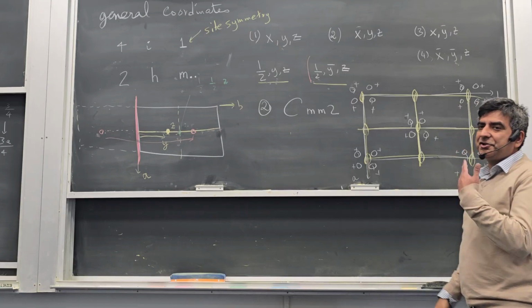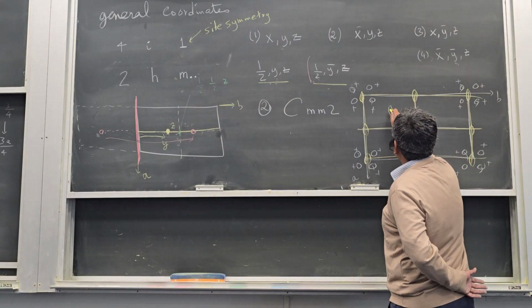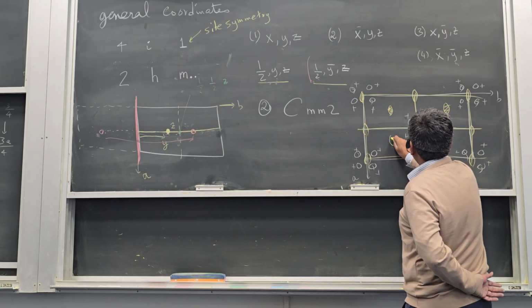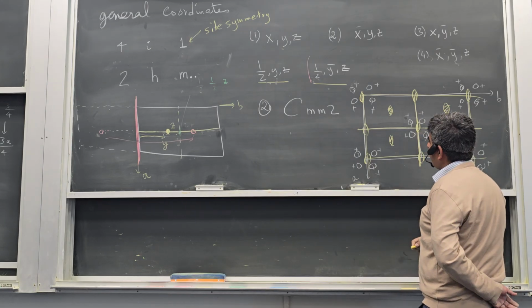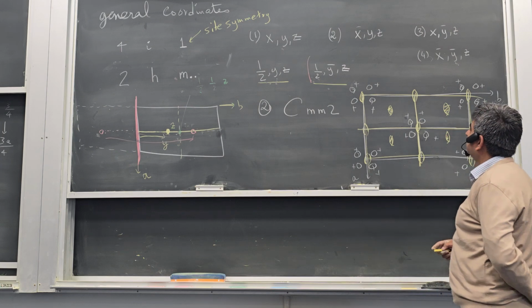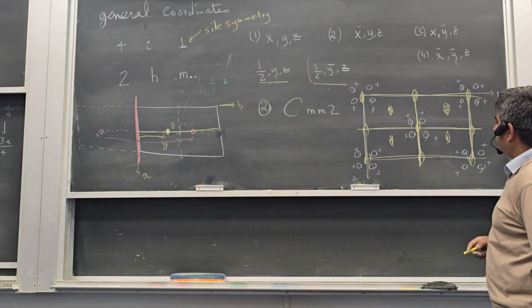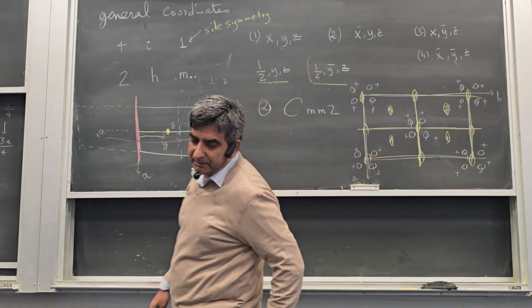But now you have additional two-fold axis of rotation. You have a two-fold axis of rotation here, a two-fold axis of rotation here, here, here. Any more? That's it. Got it? So you get additional symmetry elements,